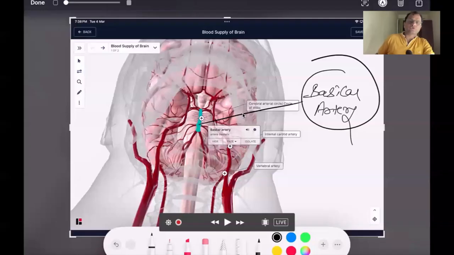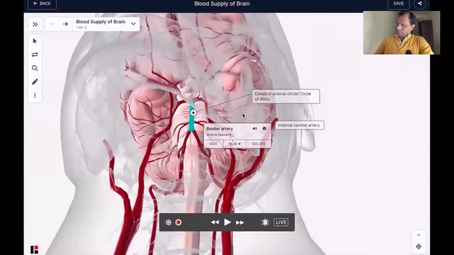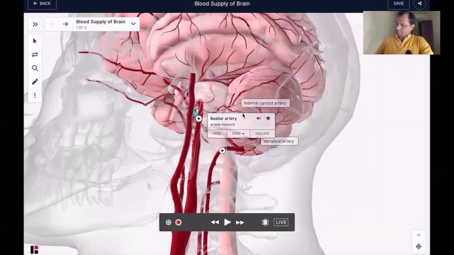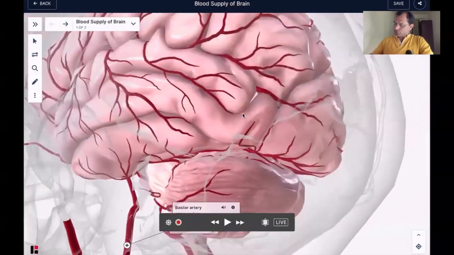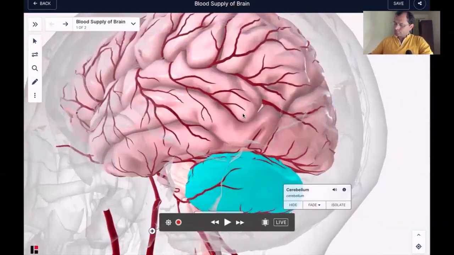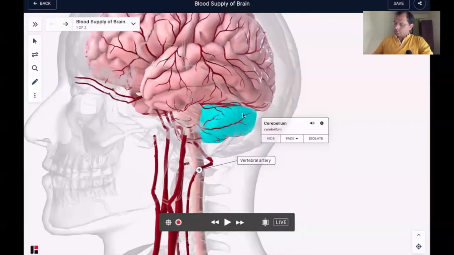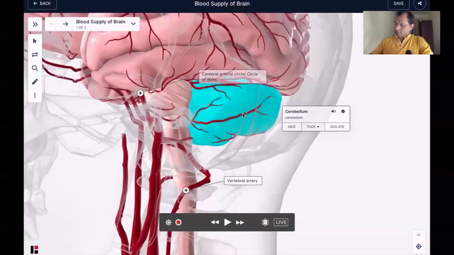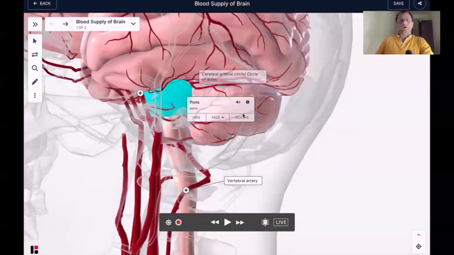And this will supply the posterior part of the brain. यही वो आर्टरी जो posterior part of the brain को सप्लाई करेगी। Okay. So now we can see what is the posterior part. The meaning of posterior part, ये posterior part है cerebellum। posterior part का मतलब क्या है? सेरिबेलम, मेडुला ऑब्लोंगेटा, पॉन्स, ये सारे हमारे पोस्टीरियर पार्ट हैं जो हमने कल भी समझे थे।